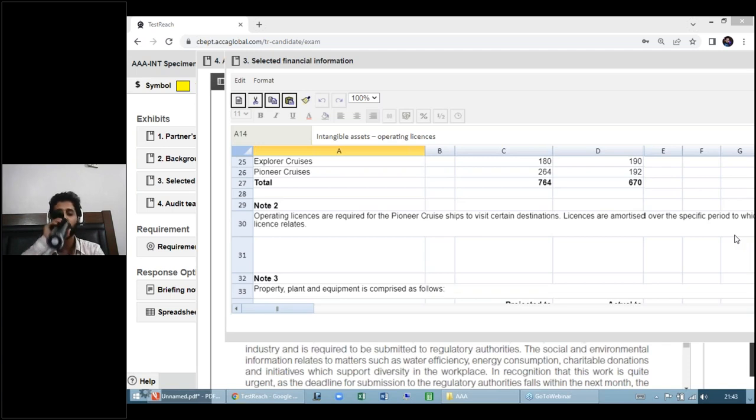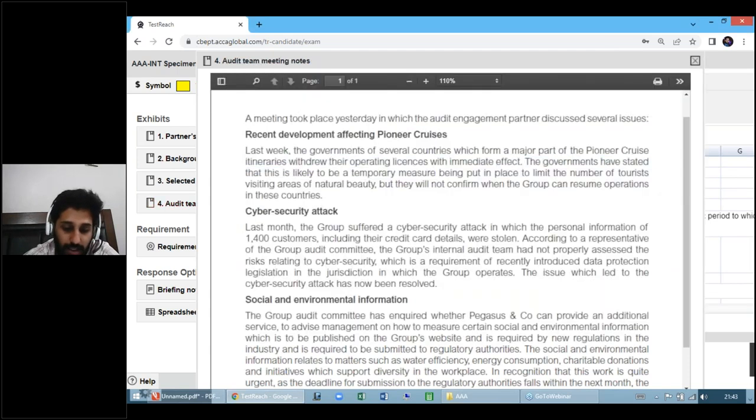This is not the risk of IAS 38. Why? Because, let me explain, they have capitalized it as an intangible asset. This is not the matter. The matter is something else. Students, please look into this thing. This word is the issue. The issue is that